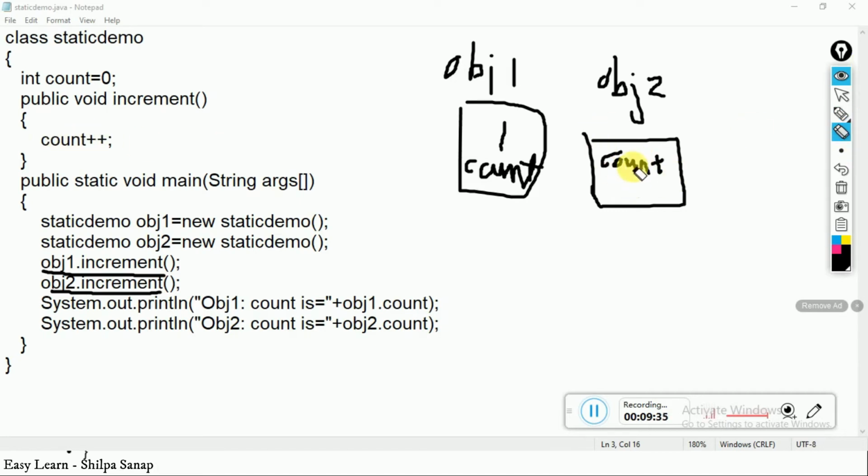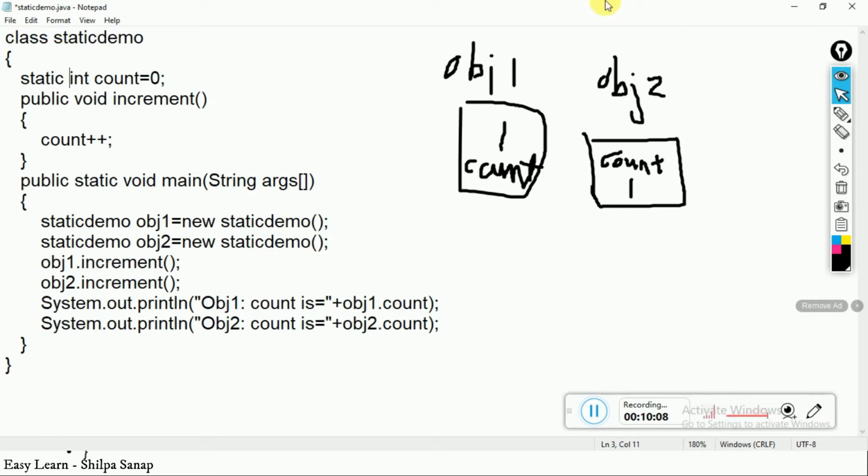The initial value of count will now change and it will also become 0 plus 1, that is 1. So here the effect is on individual objects. So you are getting count as 1 for obj1, and obj2's count is also 1. This is when you are talking about a non-static member or a non-static variable. Now what will happen if you change it to a static variable?